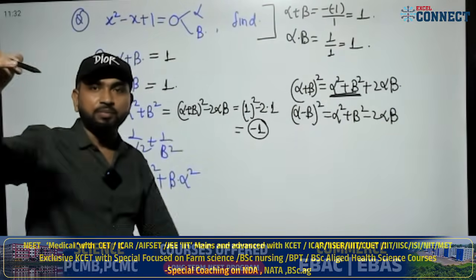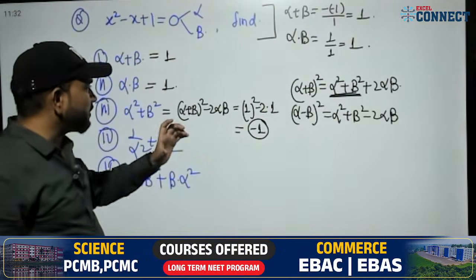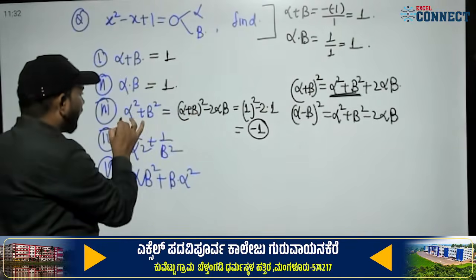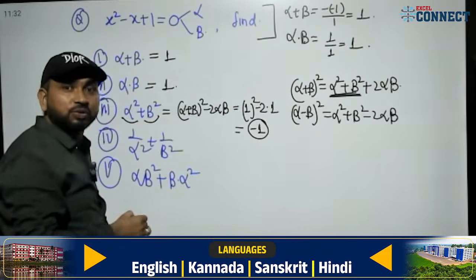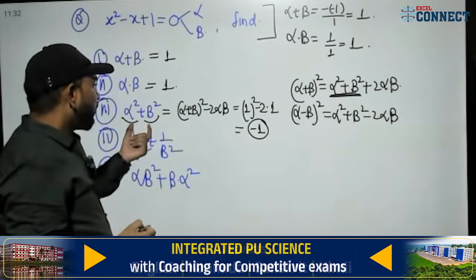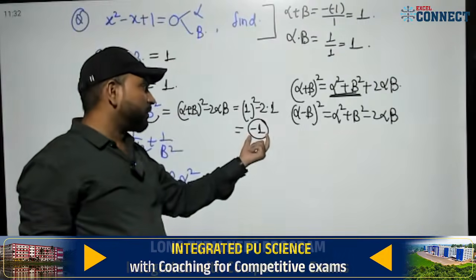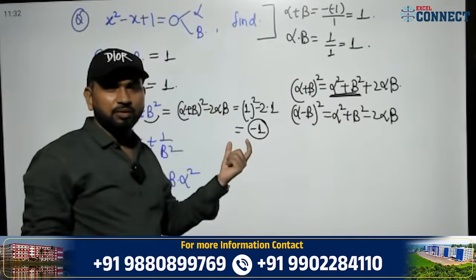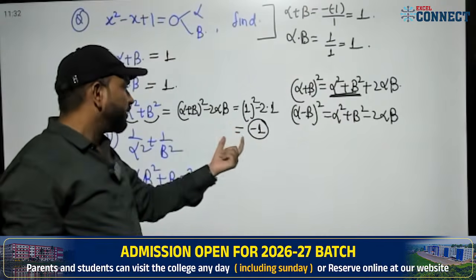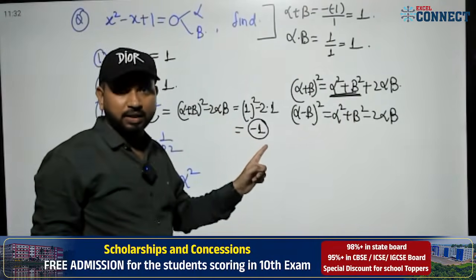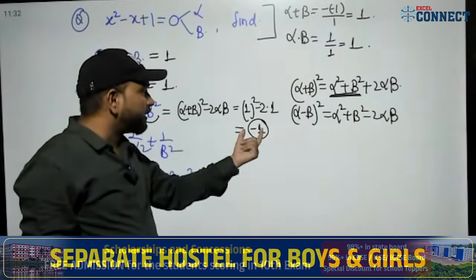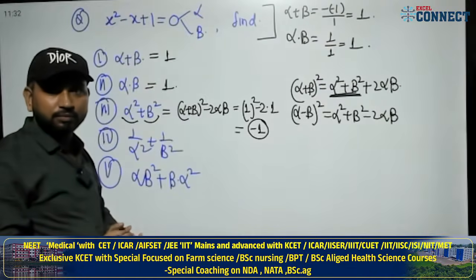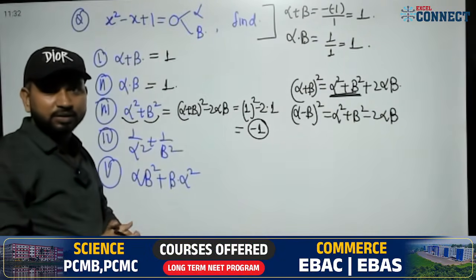Yes, minus 1. But think about this, I am giving you a surprise. You can think it is alpha square plus beta square, but our answer is coming negative. Why is this possible? Anyone comment? Answer is negative. Yes, your answer is 100% correct. I am asking why it is negative, because visible here is alpha square plus beta square. Think about this.